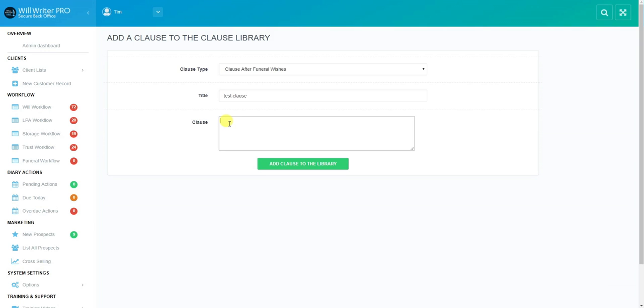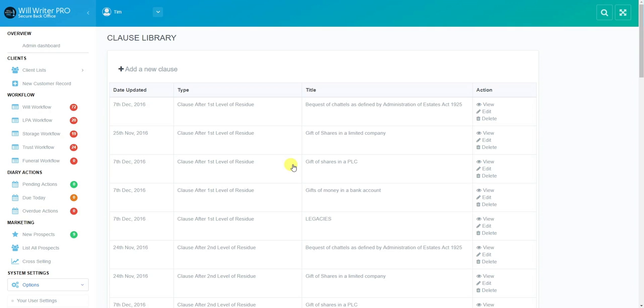It can be anything, but I'm going to put "I give to," and then we use claw marks because we need to fill that bit in. "My," and then again claw marks, and whatever the clause is. If it was a trustee clause, it would be in the trustee section. It's our test clause. So if I now add this to the library,